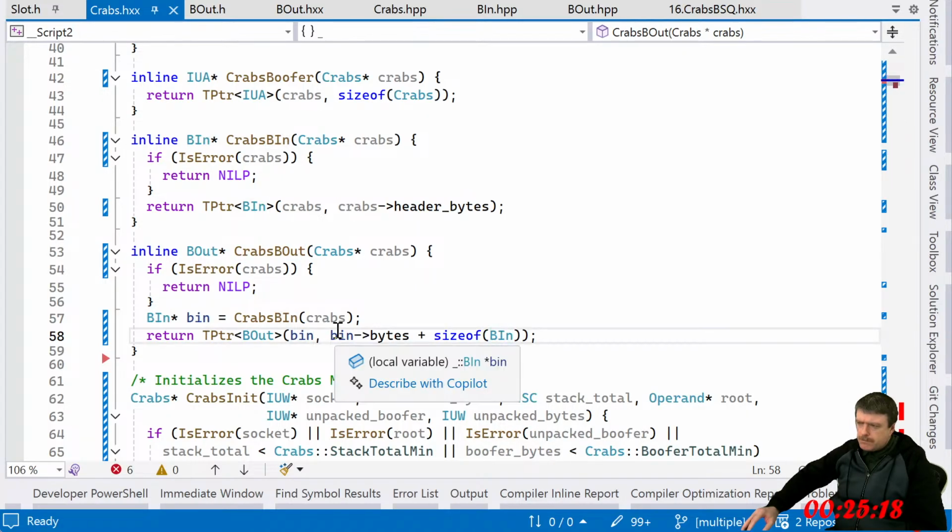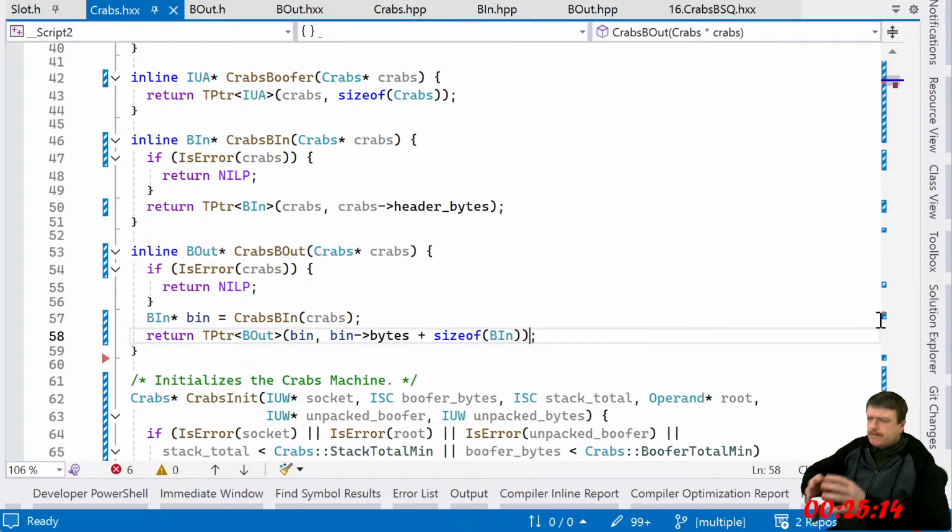Why am I adding the size of the BN? Because I subtracted it before. I don't really like this.